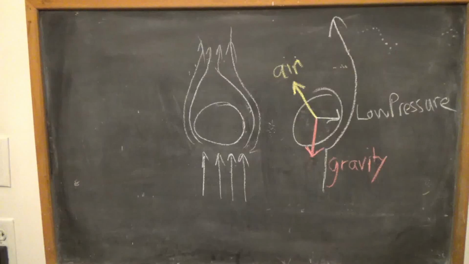So when we look at the forces, you have the downward force of gravity, you have the upward force of the air pushing on it, but that force is also pushed to one side, and then the only other force that pulls it the other direction is that force from the low pressure that's created by the Coanda effect. When the ball starts to go off center,